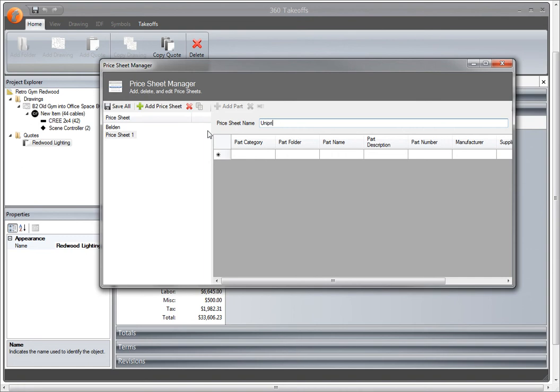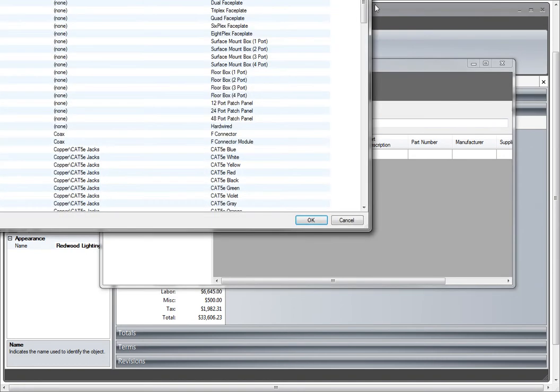Say you wanted to do a Uniprise price sheet for Cat 5e. Okay. So once you have that, you just select your icon, or select your name, I should say. Go into your first window and hit Add Part. From there, you're just going to select, when I have a Cat 5e solution, and I have a single faceplate,